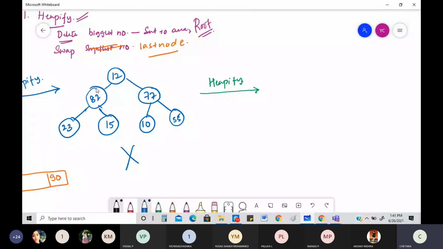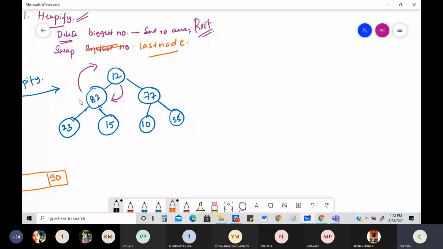So after this, what are you going to do? You're not going to directly go for heapification. You are going to again do the same old thing, creating a heap. You are going to exchange these two places. If I am able to do that, will it be a maximum heap? Yes, it will be a maximum heap. I am interchanging these two things to make it a heap.